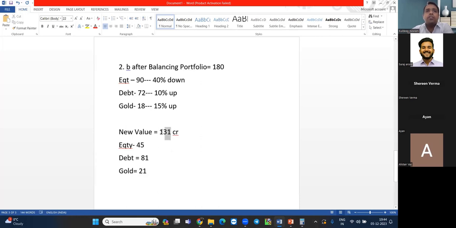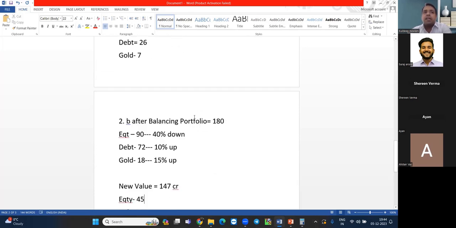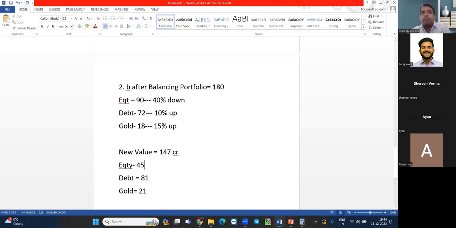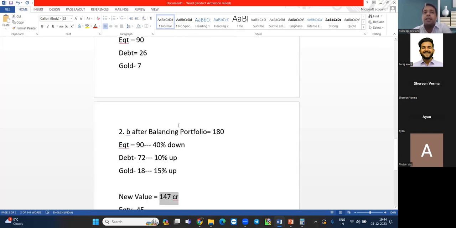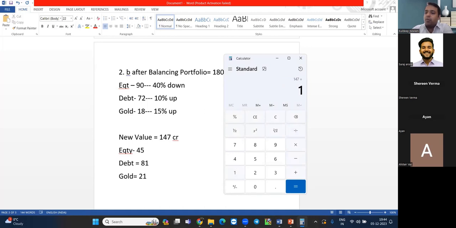So how much would my value increase to? 48, 120, 126, 147, 147. See, this is what balancing is called. Now when I changed my view here, I also changed the asset allocation here, true? Because this asset allocation is helping me preserve my capital. So how much did my capital come to here? Earlier it was coming to 123, and here it is coming to 147. Now if I calculate the percentage of 180, 147 divided by 180 is how much? 81%, right? And 123 divided by 180 is how much? 68%. So I am basically saving more than 13% of the fall.